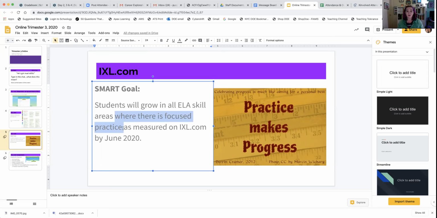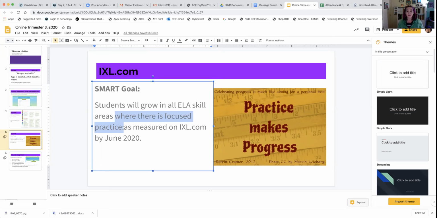All right, so this is what I expect you to do. This is your assignment. You will go on to Schoology and you will find the IXL assignment there. You should already have received an email giving you your login and password information on IXL. If you don't have that, hang around after this Zoom with me today, and I will make sure that